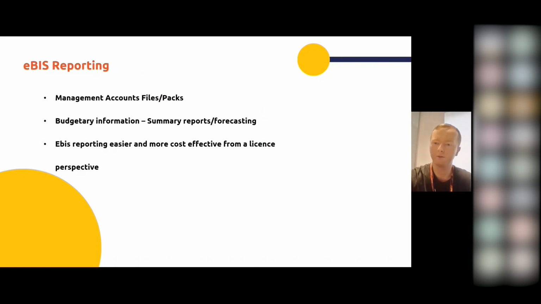We also use eBIS reports to obtain information. The most common eBIS report I will use is the management account files, which can be done on eBIS and will be emailed to you directly. These files summarise our month-end numbers, and I typically use these files when I am posting my month-end journals. These reports also show comparison versus forecast and versus budget, which provides a useful summary when working through our month-end